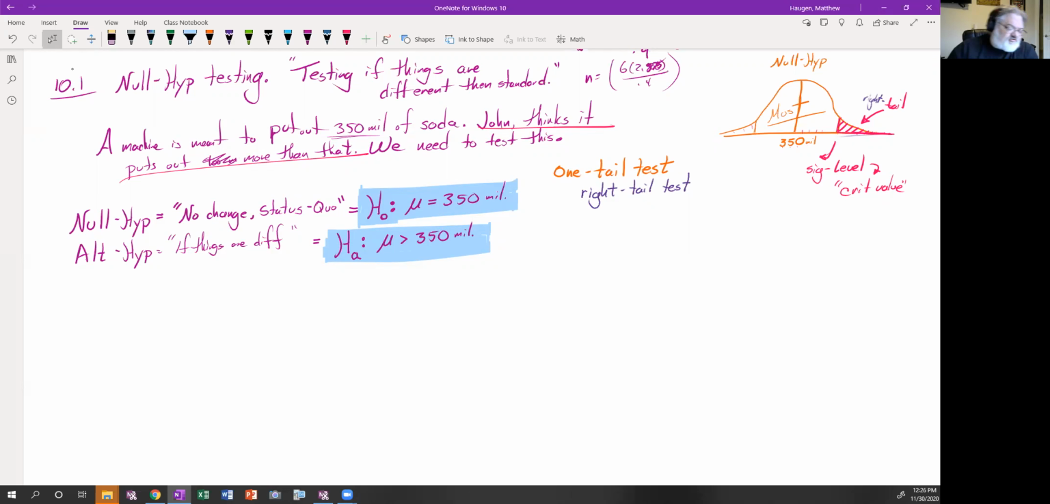So you'll get some questions like that. They'll say, read this problem and decide what its null hypothesis is. What's the alternative hypothesis? Is it left tail? Is it right tail? So that's kind of where you'll start. And you'll have other problems like